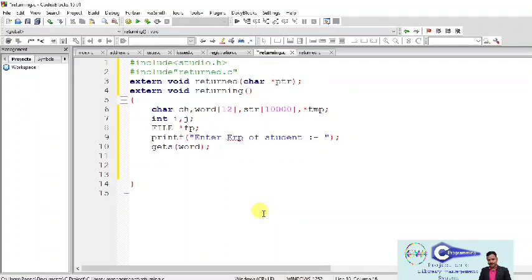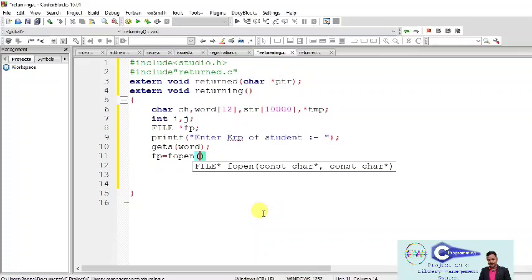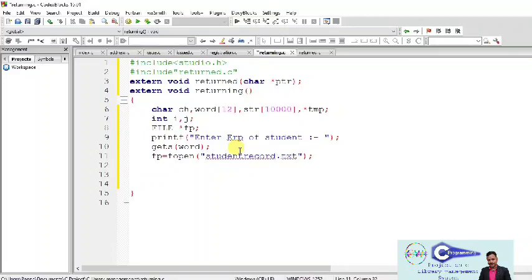And now we are creating our file pointer and assigning fopen value to it. First of all, we have to check whether he is a member of that institute or not. So we first check that his ERP ID must be contained in student record.txt, and we are opening this in read mode so that we can read the file. Now we are assigning the value 0 to i, and